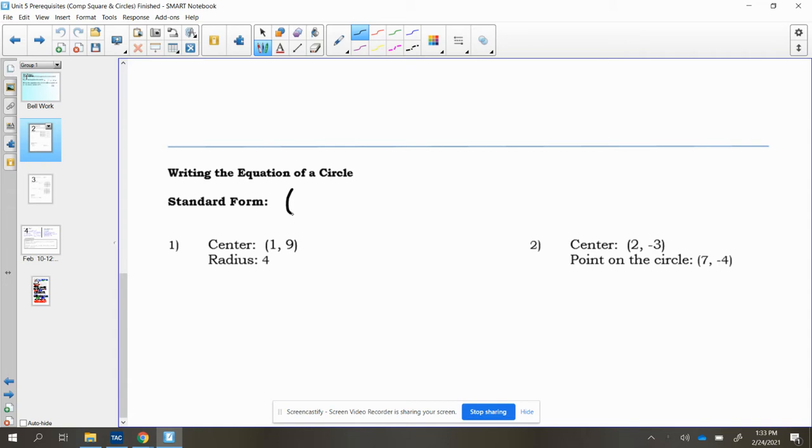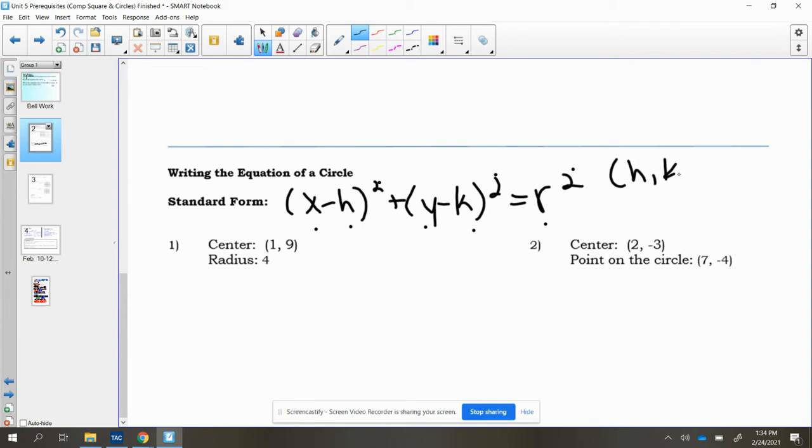Now, the equation of a circle's standard form is (x minus h) quantity squared plus (y minus k) quantity squared, and that's going to be equal to r squared, your radius value squared. I like to call it X hikers because it's x h, k r, everything squared, right? That's kind of how I learned it to memorize it, but this is the standard equation. And what's nice about the equation of a circle is it tells us basically two things. One, that your center is at the point (h, k). Again, that'll be where the center of our circle is happening, and then r is the radius value of our